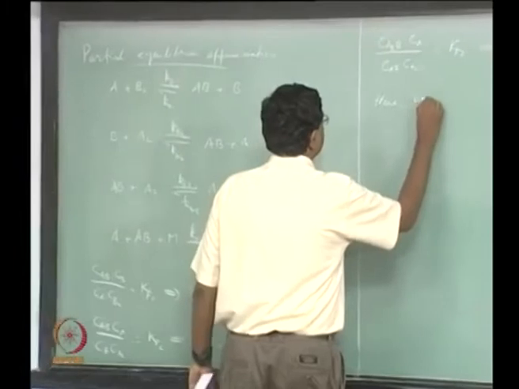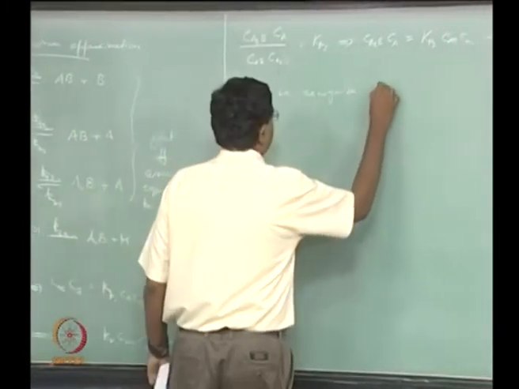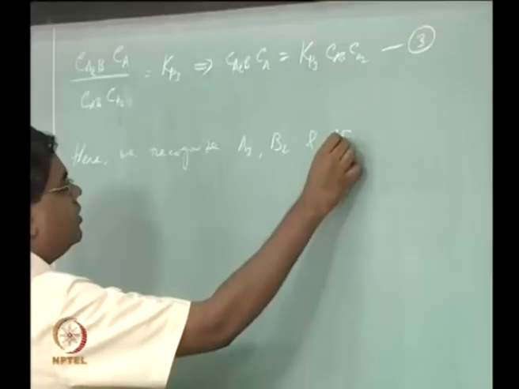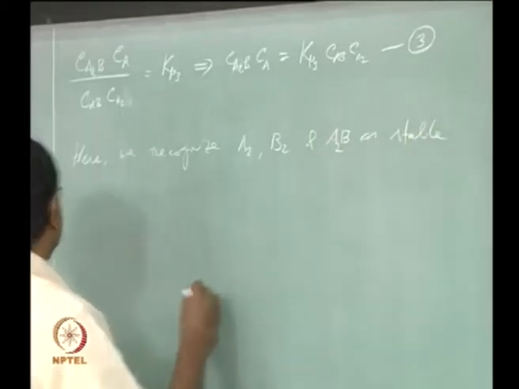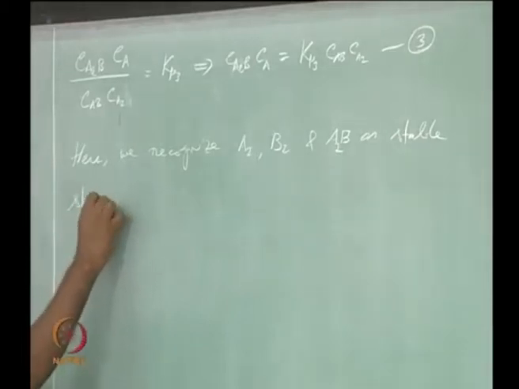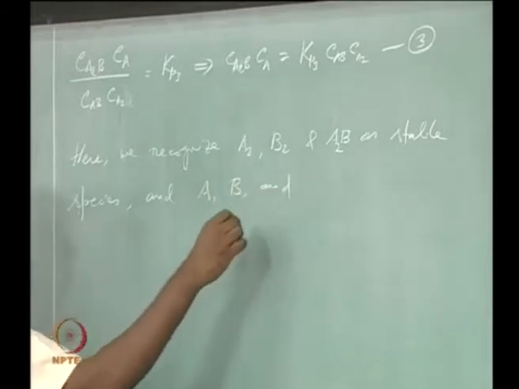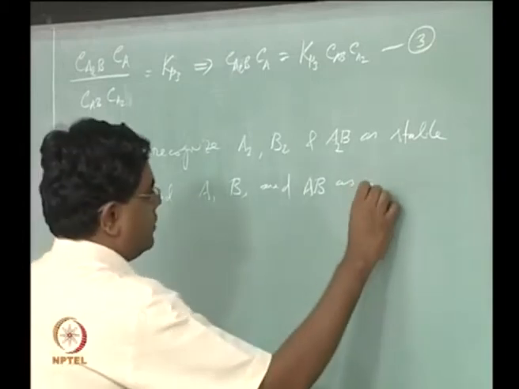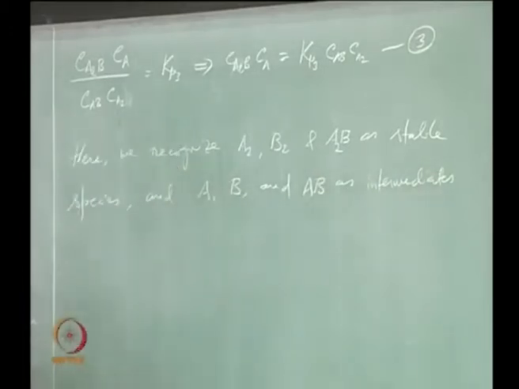we recognize A2, B2 and A2B as stable species, and A, B and AB as intermediates, right. We are interested in